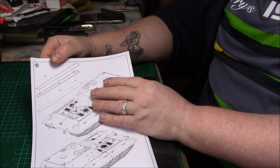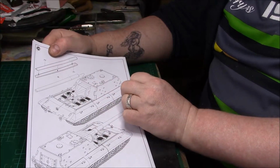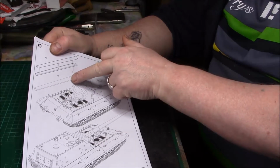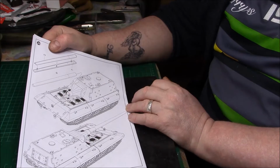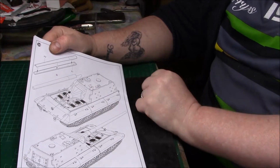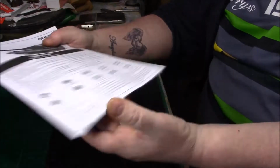There's no problem getting the seam line out of that at all. So there's no little daft indentations. I think there's only the one line I can see that you might have to be careful on, that you don't take off. But as you can see, there's nothing really much to it. And then placing it there, and that's the build complete. But as you said, there's not a great deal to it,